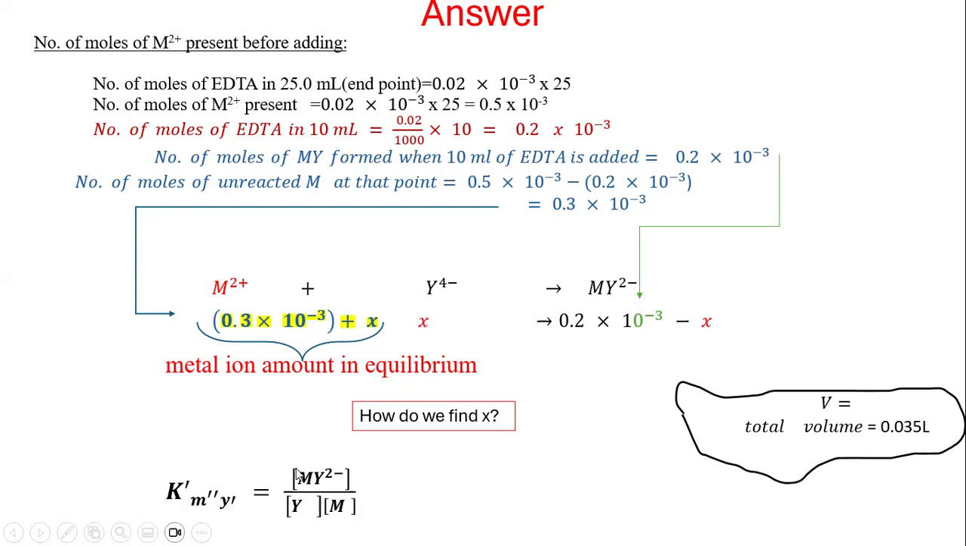Total volume is 35 cubic centimeter. C equals n over V. So we can find the concentration of MY2 minus. Very good. Right, so that you can calculate. Because, like she said, with 10 ml of 0.2 EDTA, that is how much EDTA we have added. All that EDTA in 10 ml has reacted with M2 plus, and the product you can calculate. Okay, so